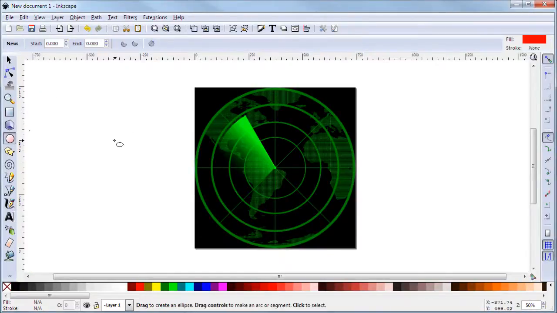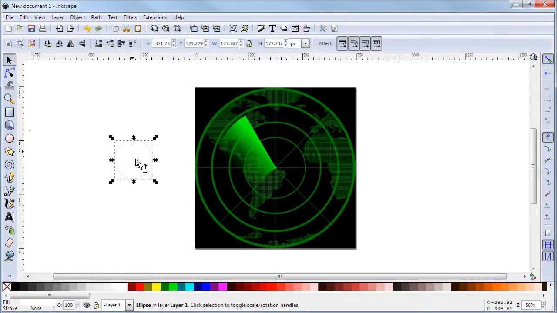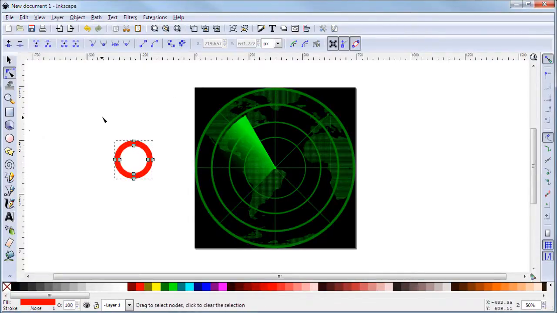Okay, so create a circle and then duplicate it, put a white background, and then scale it a little bit down like that. Then click the inside circle and the outside circle and press Control minus. Okay, now that you have that,